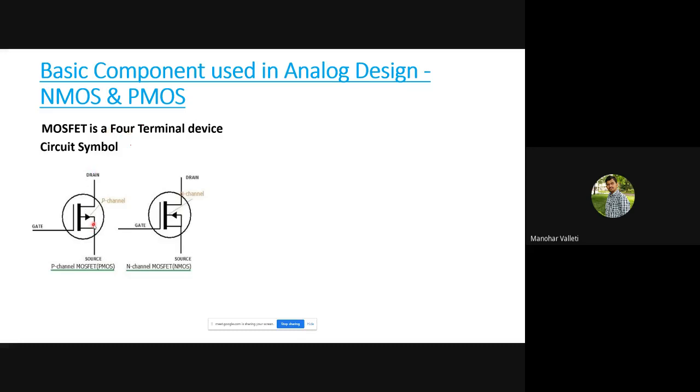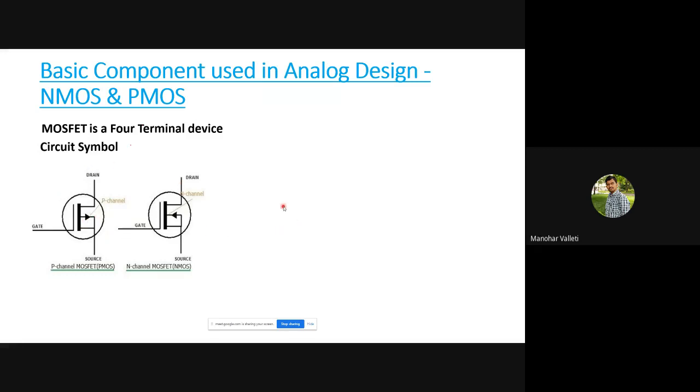Generally the MOSFET is available with the substrate or body always connected to source. Some components are also available as a four terminal device. In actual, MOSFET is a four terminal device, but practically it is available as a three terminal device. The substrate is always connected to the source. So this is one way of representing the MOSFET symbol, showing the arrow direction at the substrate.